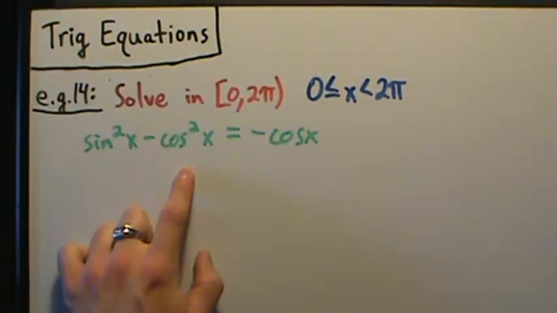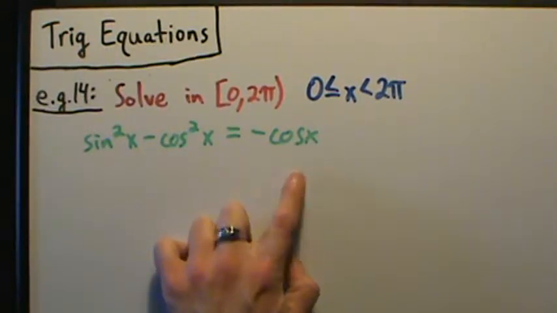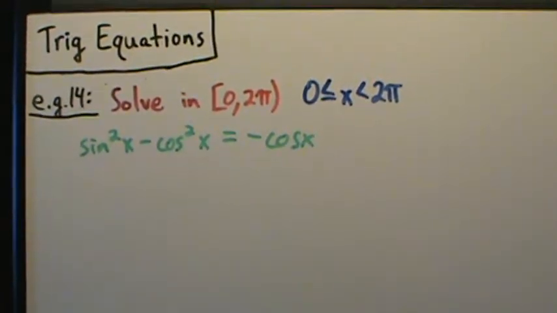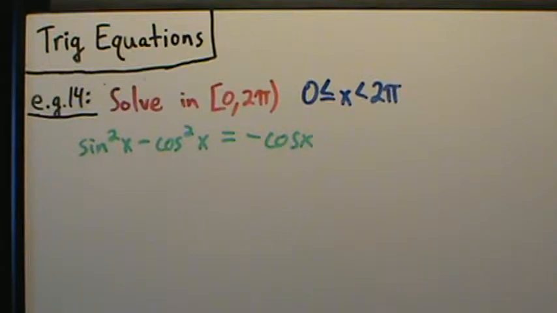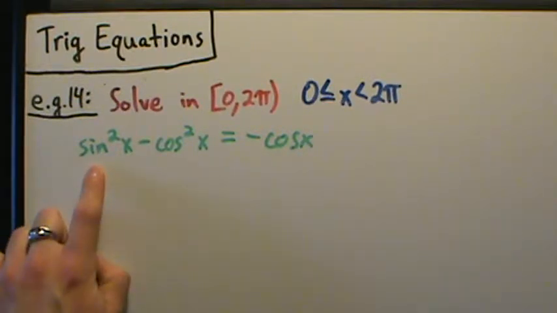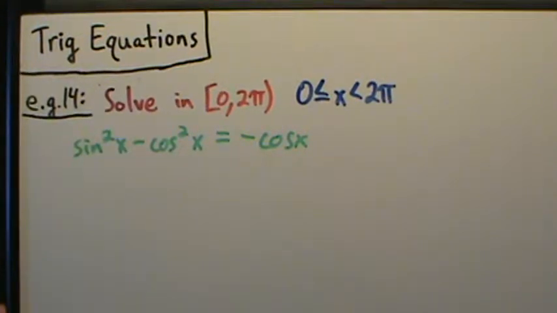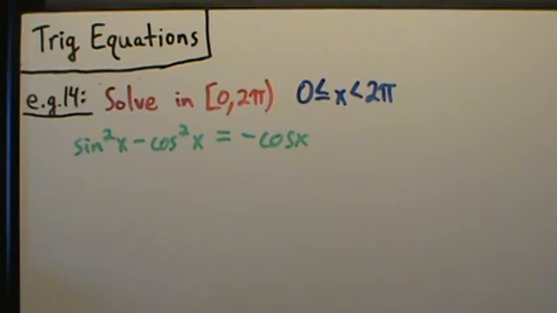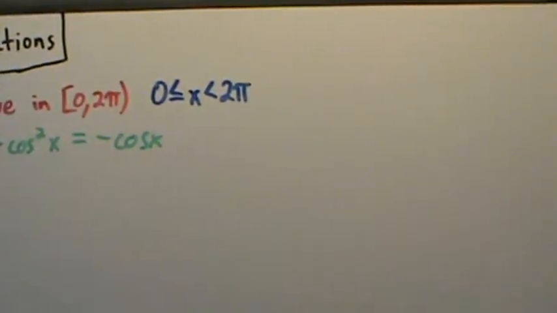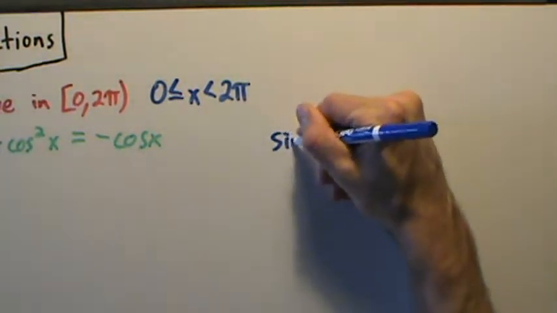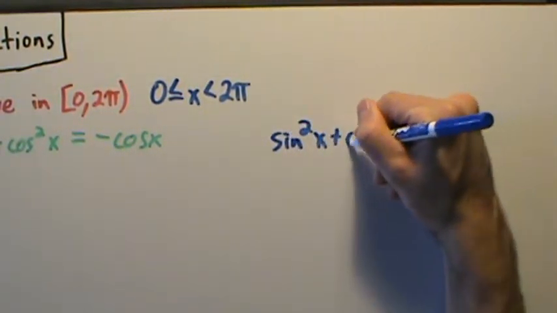and a cosine squared, and we also just have a cosine of x floating around over here. So actually what we're going to want to do first in this one is use a trig identity to get rid of the sine and just have everything in terms of cosines and cosine squared. So is there an identity that we can think of that relates sine squareds and cosine squareds, or maybe sines and cosines somehow? So yeah, there is that really, really important identity, sine squared of x plus cosine squared